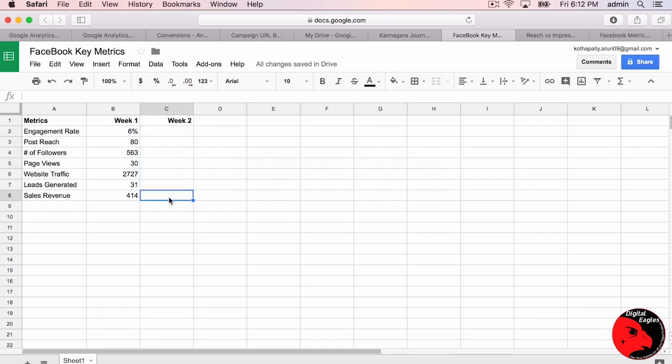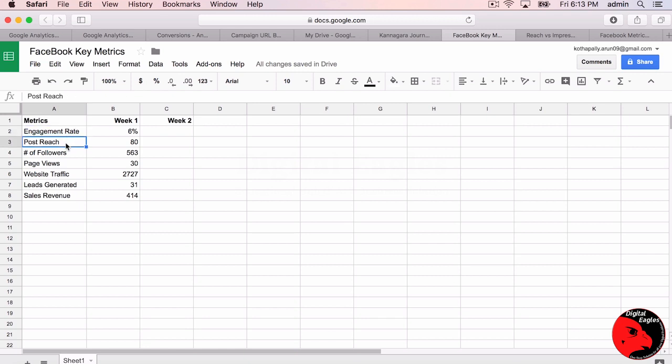So ideally I would like to show how my efforts have helped improve these particular metrics, and these are the only metrics you should calculate in Facebook. You should not think about other metrics, because other metrics is not going to help you come to a decision. Other metrics are not going to actually tell you what to do next,